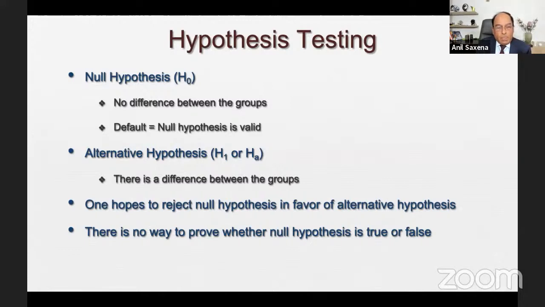Another thing that you must know is that there is no way to 100% prove whether the null hypothesis is true or false. You cannot know, because you're not studying the whole population. To know whether the null hypothesis is true or false, or whether the two groups are exactly similar or not, you would have to study the entire population, which is not possible at all. Because you've taken a small sample of patients, 100, 200, 500, by studying them you can come to some probability. You cannot know for sure. So you have to accept or reject the null hypothesis based on that probability,